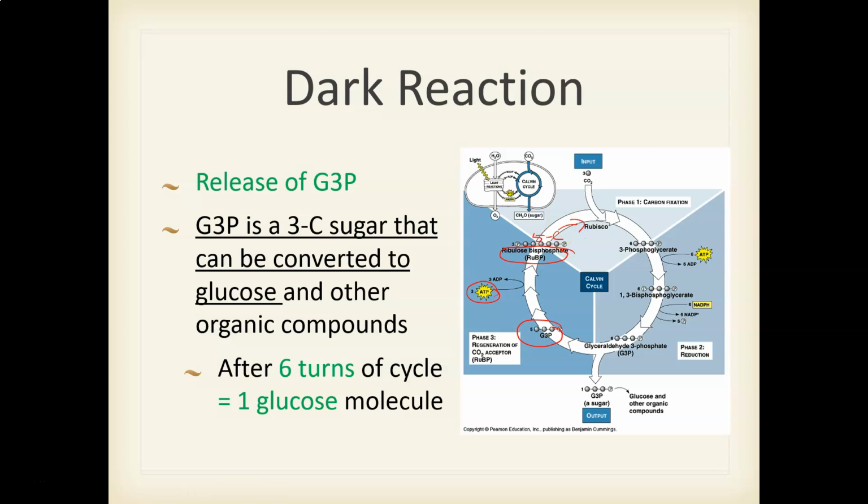Now, if you take a look at this, G3P is a 3-carbon molecule. For every carbon dioxide that comes in, I'm only bringing in a single carbon. So what that tells us is that in order to make this cycle work, I need 6 carbon dioxide molecules for 1 glucose. So 6 turns of the cycle, meaning 6 CO2 molecules in order to make a single glucose, right? Remember, glucose is C6H12O6.